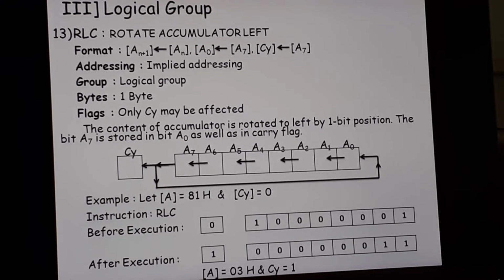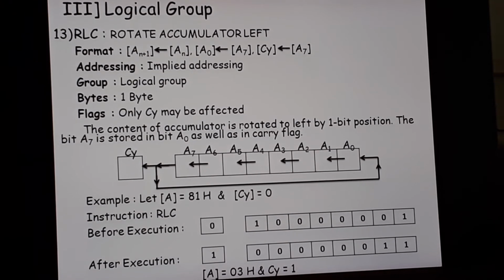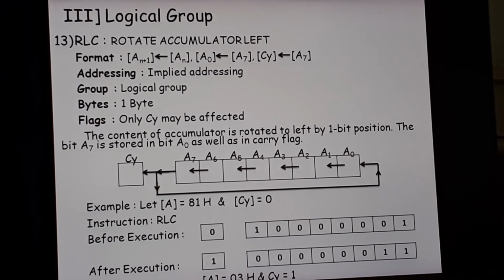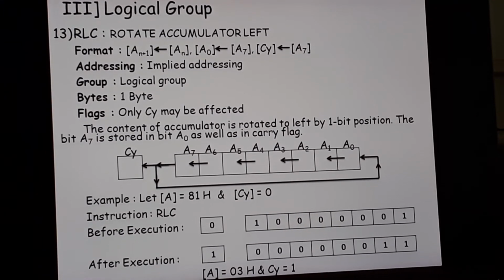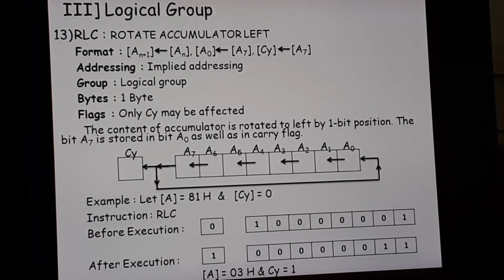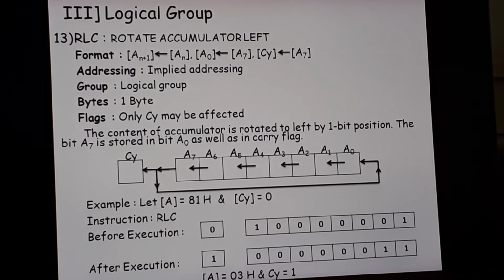If you don't understand, please message me. Okay, so this was the example which I showed you all, and how the bits got rotated. If you all don't understand, please message me on WhatsApp. You can take any accumulator content and try it by yourself. So what you will do is shift the A7 bit to CY first, the same A7 bit will be shifted to A0, and so on all the other bits to the left hand side by 1 bit position. So this is nothing but my RLC, that is rotate accumulator left.